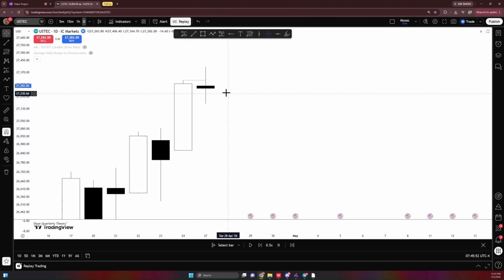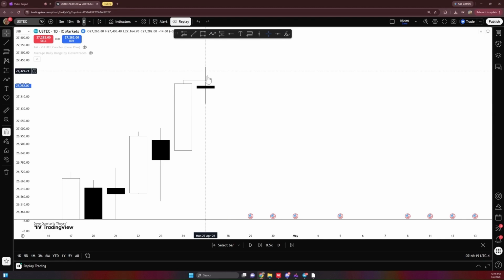Another thing we don't want to see is price trade above the 50% of the previous candle range. So you drag your fib from the high of the previous candle range to the low of the previous candle range, and you don't want to see price trade above 50% of the previous candle range. Okay, so let us go into the lower time frame to investigate what this day might have looked like